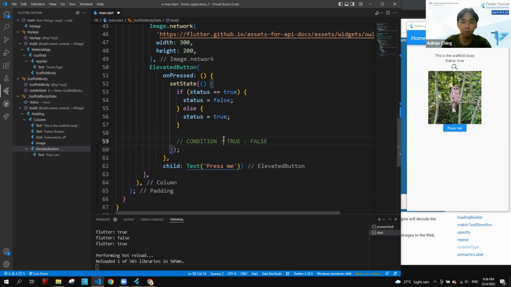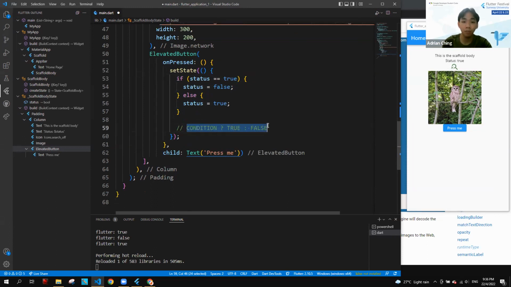It does the same thing as an if-else. You have a condition over here, add the question mark, and then it's evaluating. If it's true, then this part of the code will execute. If it's false, then you can pass in this.